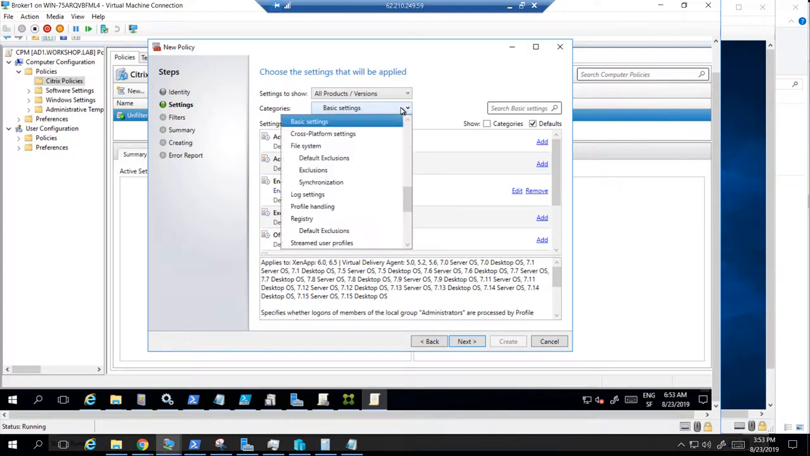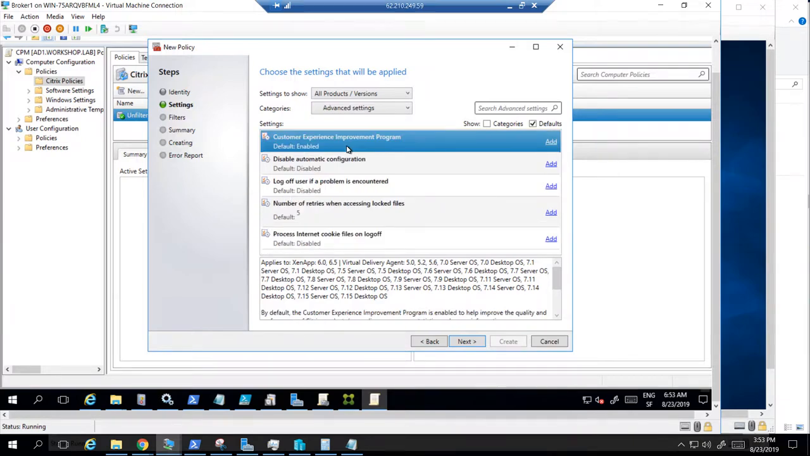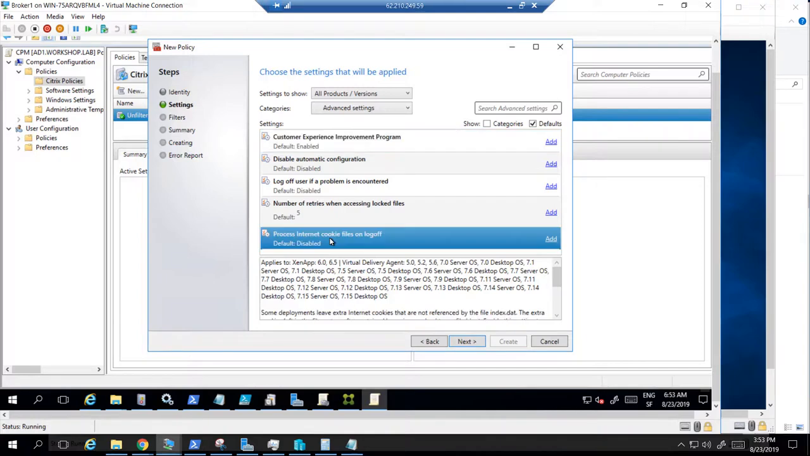See, so it was easy now, and that's it. No, I'm kidding. So we go in advanced settings here. So where is the advanced setting of the profile management? No, it's here. Sorry. So let's go in the advanced settings. So in the advanced settings, first of all, something that you must do is process internet cookie files on logoff. Okay, this is important to do